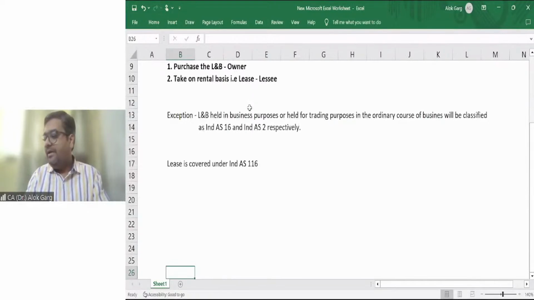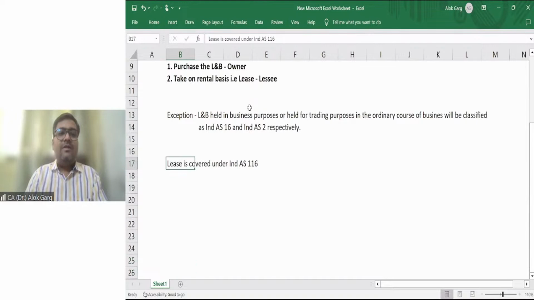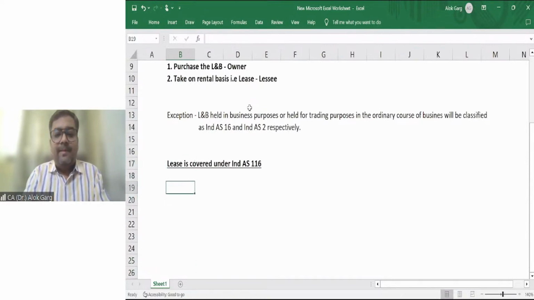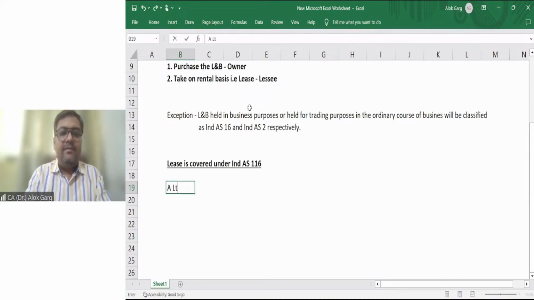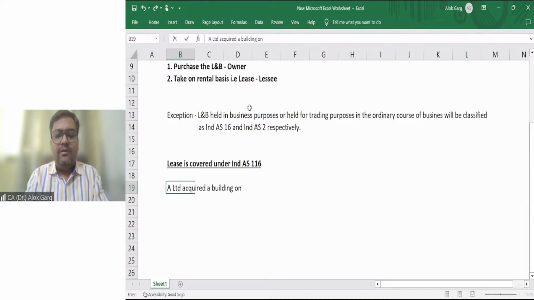Lease is covered under Ind AS 116. Okay. So what this lease standard says is that there are two parties, lessee and lessor. If the lessee acquired an asset, let's say I'll write here, A Limited acquired a building on a lease basis